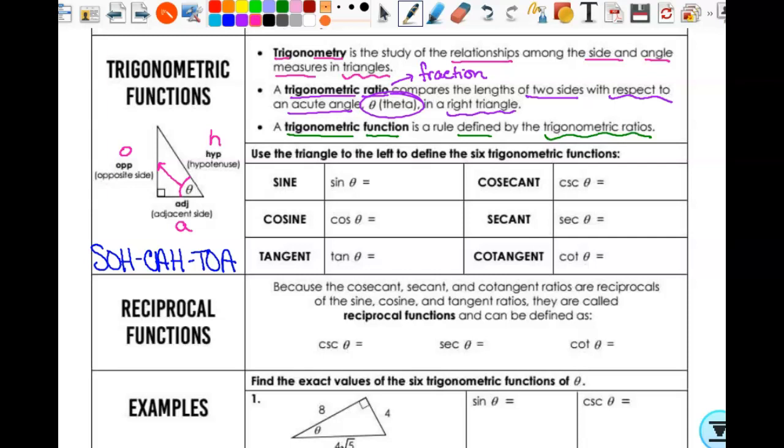Okay? So the next thing is, you learned in geometry 3 trig ratios. There's actually 6. But once you get 3 of them down, the other 3 are a piece of cake, because they're just reciprocals. Sine, cosine, and tangent you should already be familiar with. We abbreviate them as sin, cos, and tan, but we do not say sin, cos, and tan. We say sine, cosine, and tangent. That's the way abbreviations work.